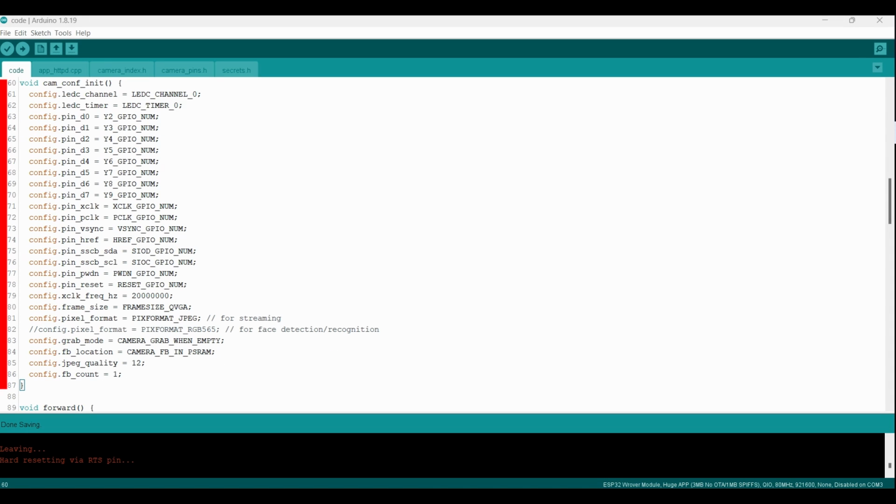This function initializes the camera configuration settings for the camera module. The settings include LEDC channel and timer, and pins for various data lines such as D0, D1, and so on. It also specifies pins for external clock, pixel clock, vertical and horizontal synchronization signal, and I2C serial data and clock. Additionally, it sets the frequency of the external clock to 20 million Hz and the frame size to quarter video graphics